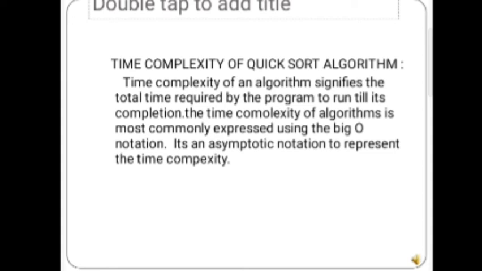what is meant by time complexity is, the time complexity of an algorithm signifies the total time required by the program to run till its completion. The time complexity of an algorithm is most commonly expressed using the big O notation. It is an asymptotic notation to represent the time complexity. Again, the time complexity of quicksort algorithm is